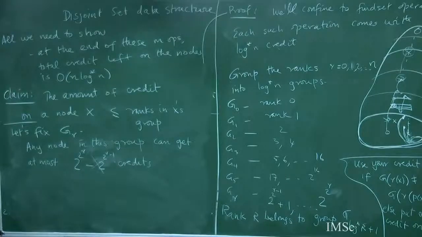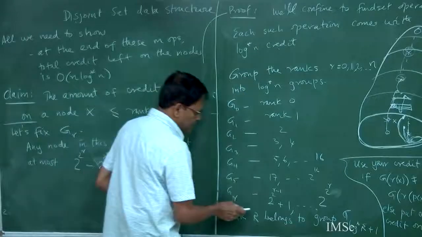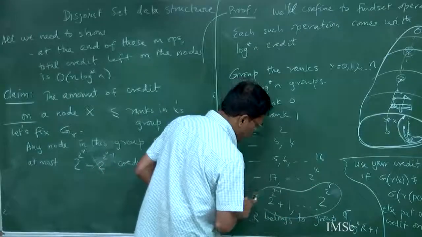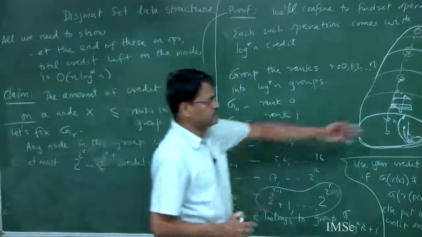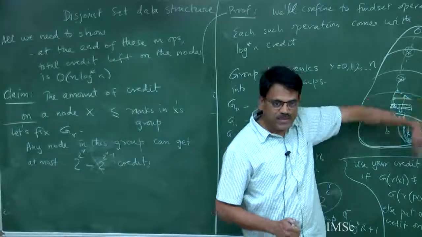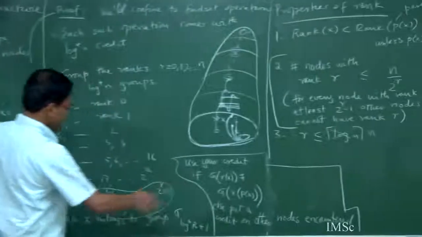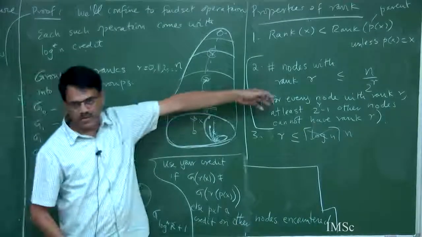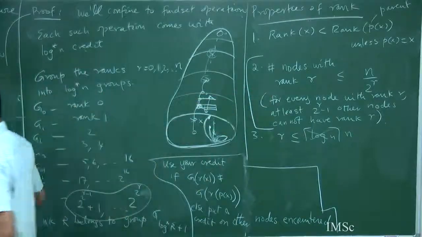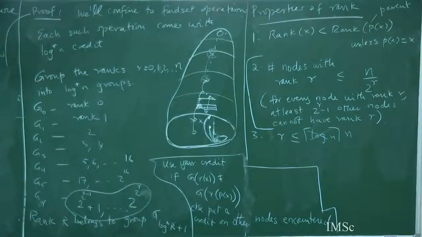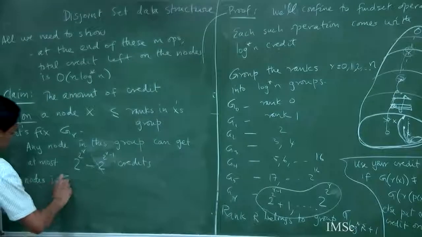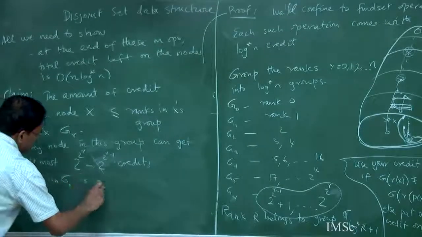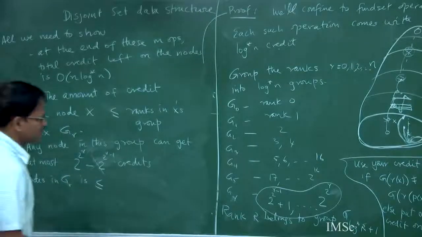How many nodes are here? This many ranks are here, but how many nodes are in this group? For each particular rank, there are so many ranks. For each particular rank, you can have at most this many nodes, right? So let's do a calculation. Number of nodes in GR is at most. So let me just call this